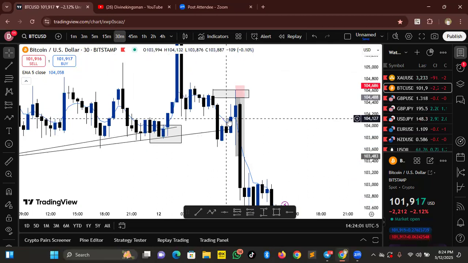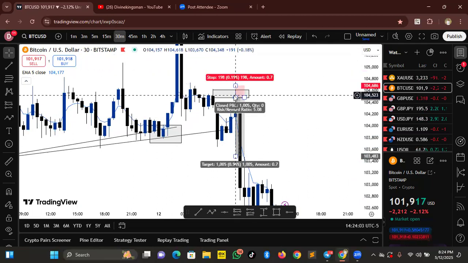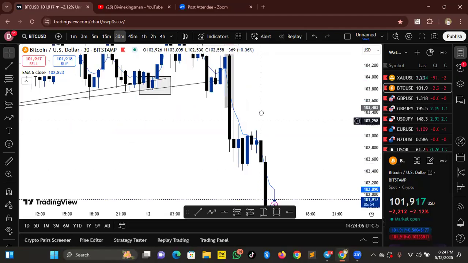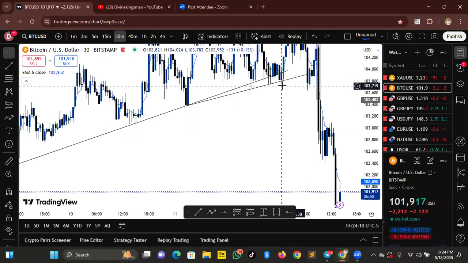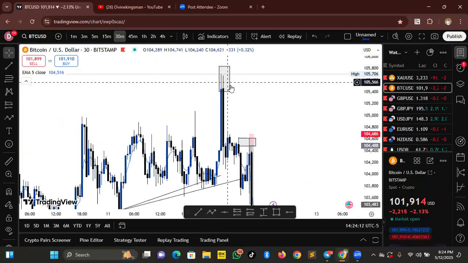Wait for a pullback or a retest of that level. You can see it pull back to this point and then started going back down. So this can be a simple switch trade for you to take and then make your money. So the fourth one I'm talking about is